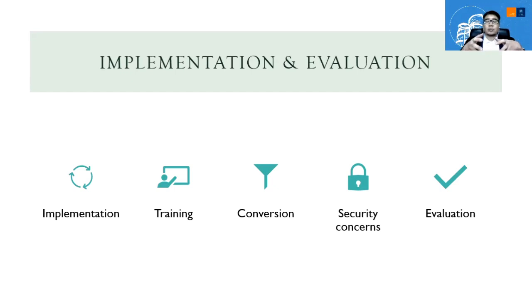In evaluating the information systems that have been implemented, we can look at two different dimensions. The first one is the technical aspects of the implementation. So we have to make sure that there are no bugs. And if there is a bug, then we have to make sure that we can fix it, or even if there are other problems, we have to make sure that we can solve them based on the evaluation, and whether or not the technical features of the information system can solve the technical problem that is being suffered by the organization.